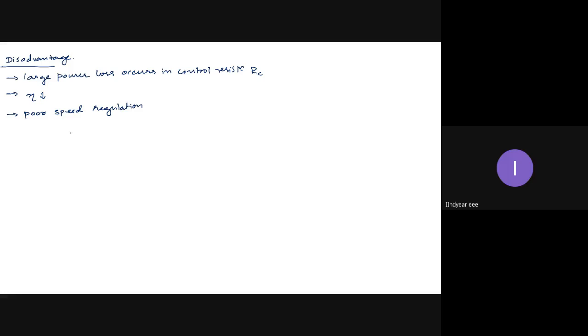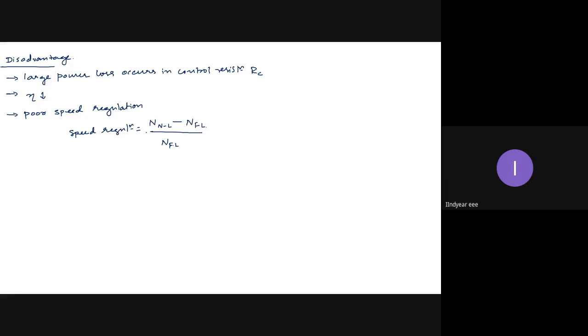What is speed regulation? Like we have voltage regulation, speed regulation is nothing but speed at no load minus speed at full load, divided by speed at full load. For transformers and generators, we calculate voltage regulation because the output of these two machines is electrical. For motors, we calculate speed regulation because the output is mechanical. So my change in speed from no load to full load should generally be minimum. I don't expect it to be maximum.